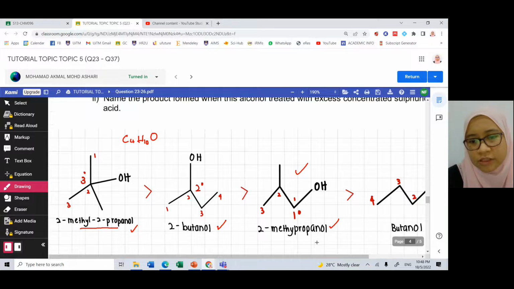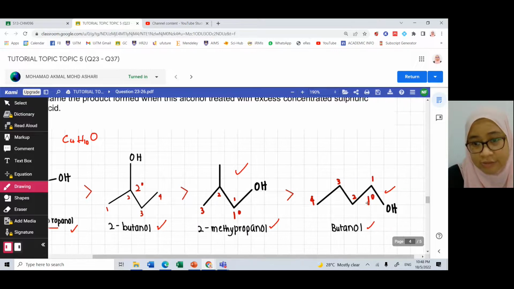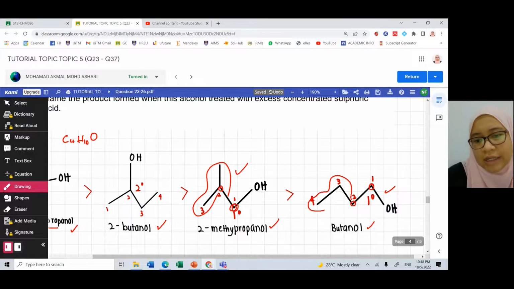Okay, so for 2-methyl 2-propanol and butanol, these two are primary alcohol, right? So dia sama lah, dia punya ranking dia lebih kurang sama lah. Kesusahan dia tu tetap sama sebab this carbon. So dia ada this bulky group and this carbon is only attached to one carbon, right? Same goes to this. So sama juga kebulkian dia tu,